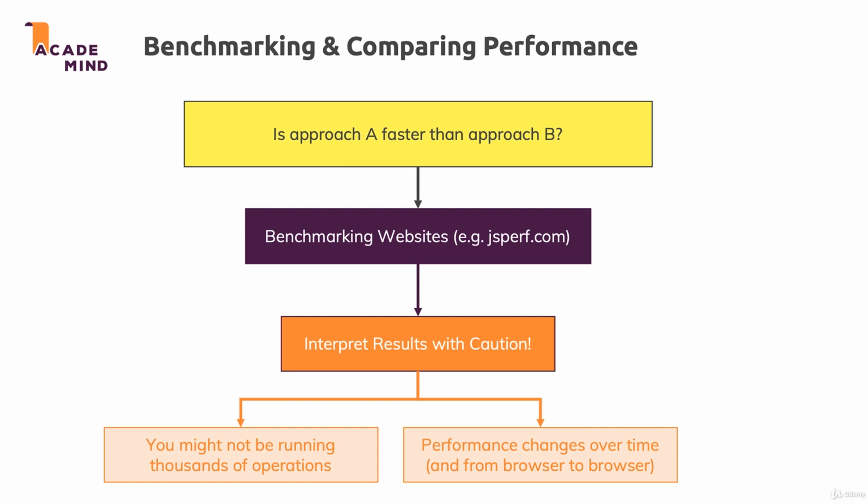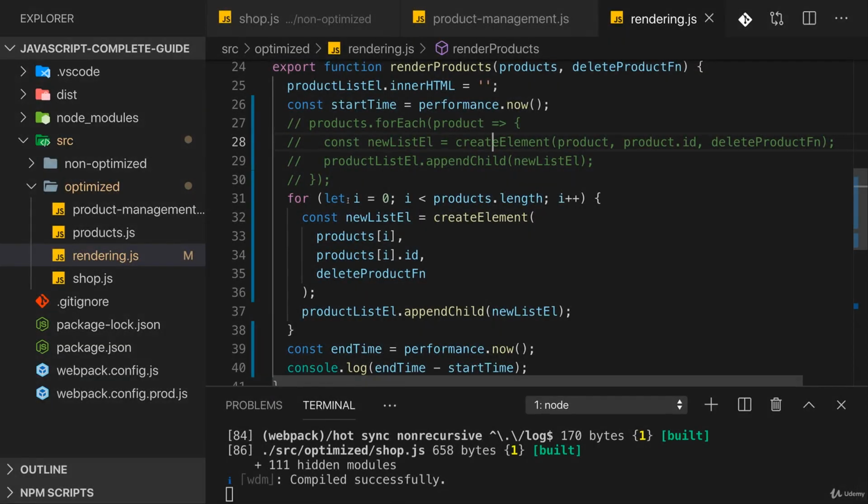Of course, if approach A is slower than B at the moment, this does not mean it's slower in a year or in 6 months. Especially the newer JavaScript engine features, which were added 1 or 2 years ago, will most likely become faster over time, and they might overtake the older approaches then. So of course you can then always go back to your code and re-implement it with the then best approach, or you keep in mind that you're not running this operation thousands of times, and therefore this micro-optimization really doesn't